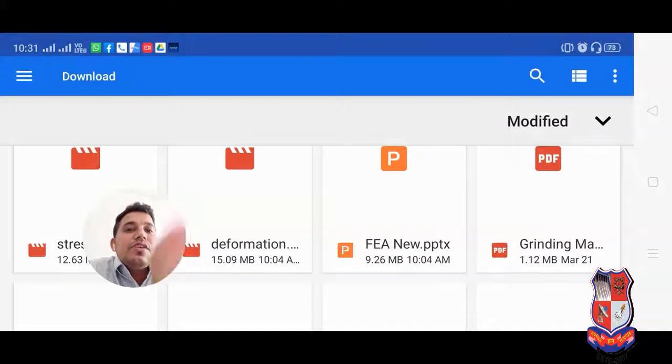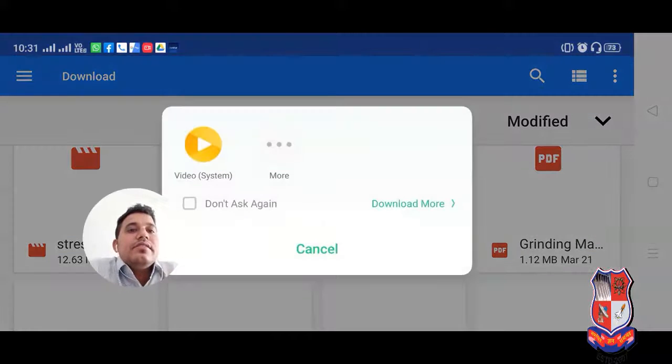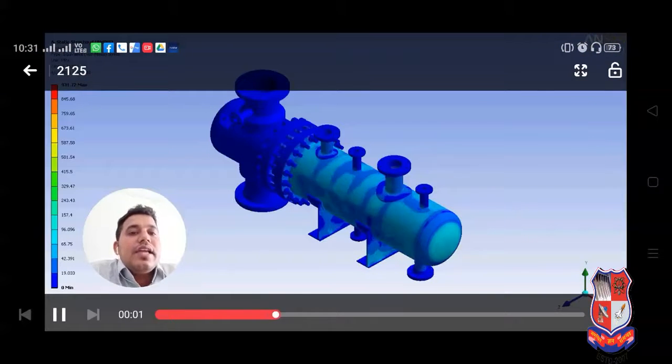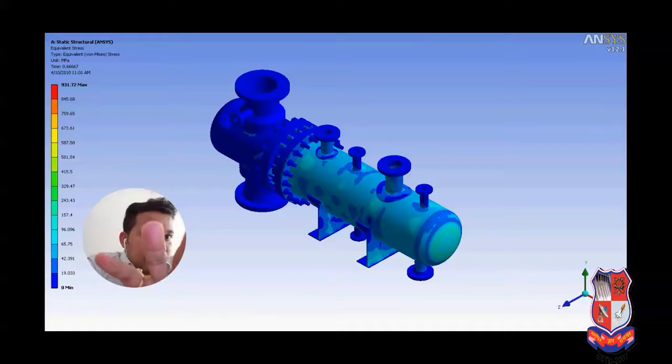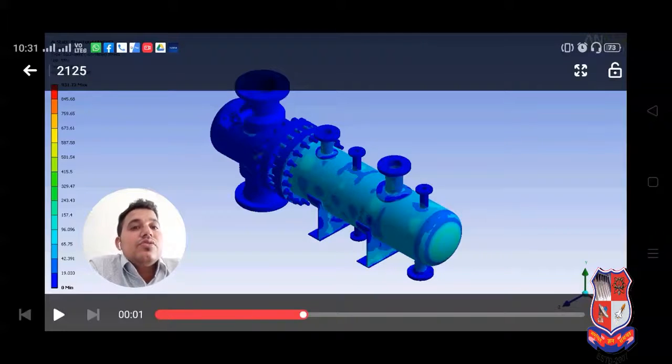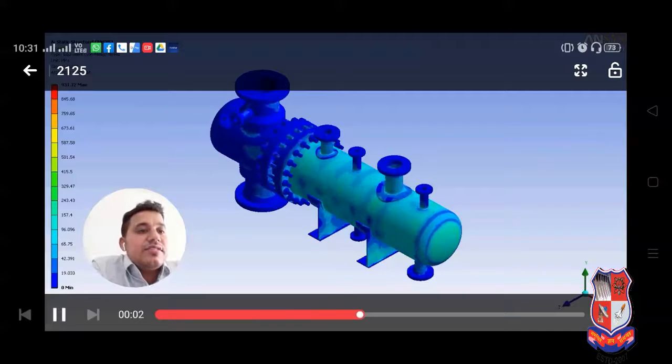You can observe one vertical line that indicates the safety of the particular parts. We are safe up to the green. After green, if it is yellow, orange and red, then it is a failure part. Here we observe that we are on the safe side in the stress.